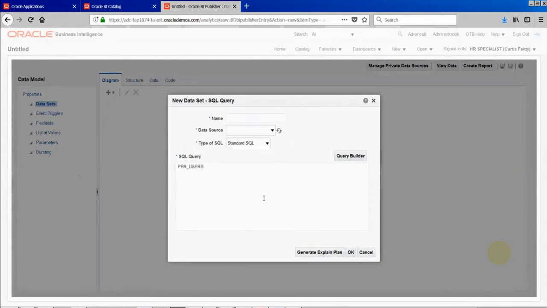This is the table where all the usernames are stored. For every user, there will be one record in the Fusion application as a username. And for every user we are associating roles, right? For that we have another table called the roles table.